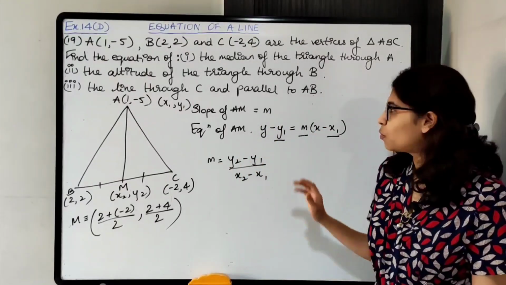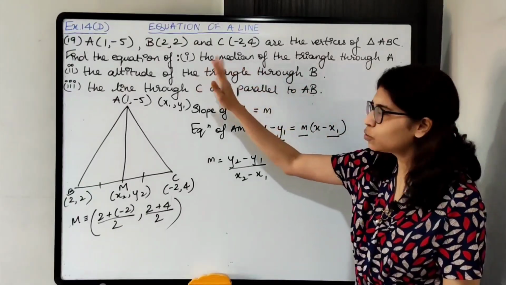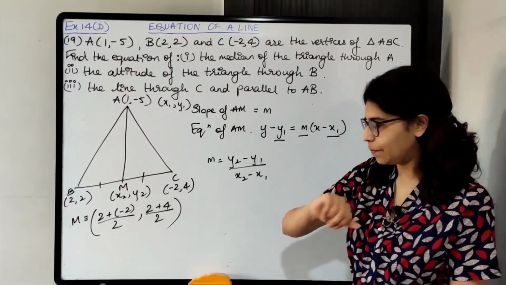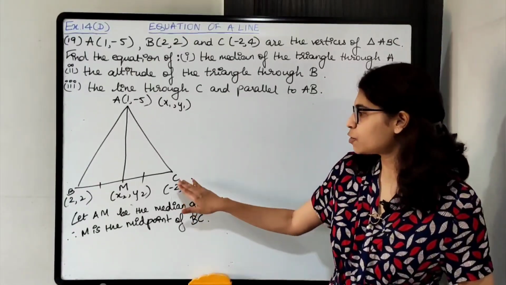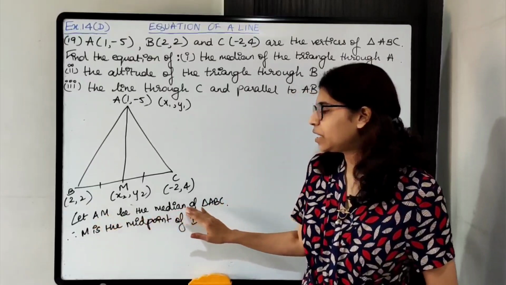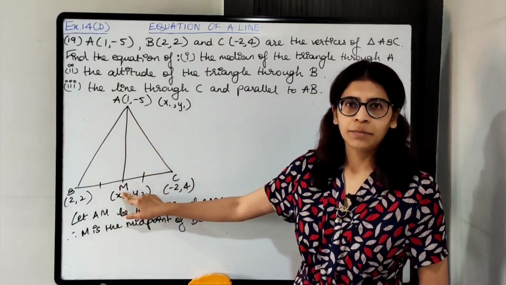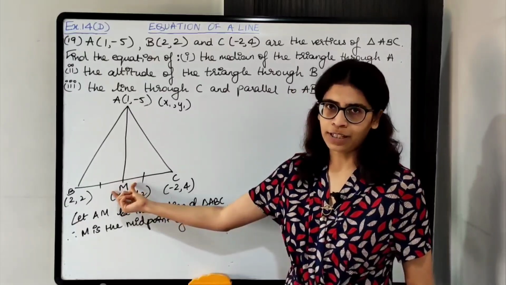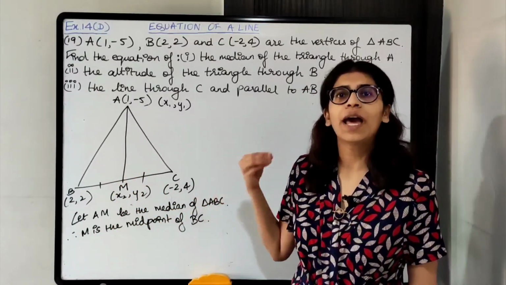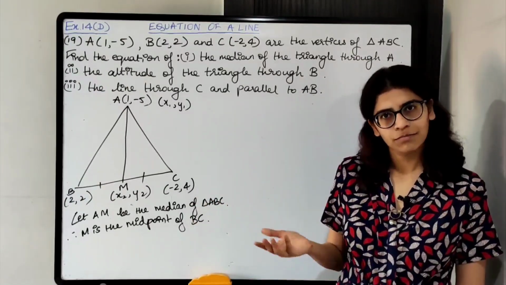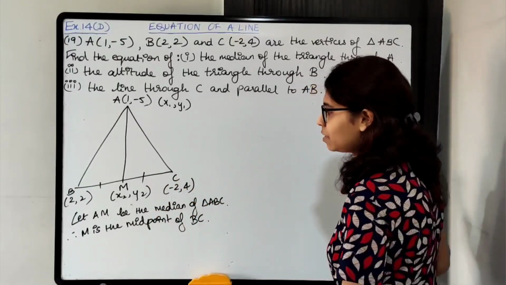Alright. So let's find the equation of the median first. Then we'll come to the rest of the two parts. Okay? First draw the figure and then write down the statements. So after drawing, write down: let AM be the median of triangle ABC. They have not named the midpoint, so we have taken it as M over here. So AM is the median. Therefore M will be the midpoint of BC. Right? Only if it is a midpoint will it be a median, otherwise it is not possible.